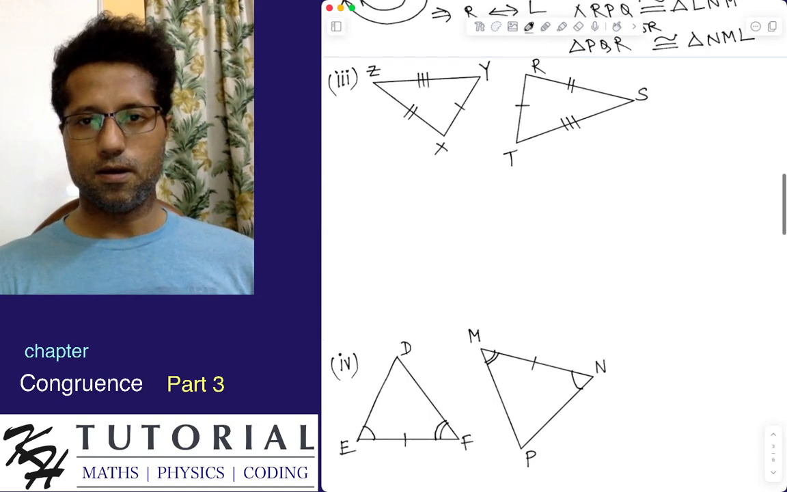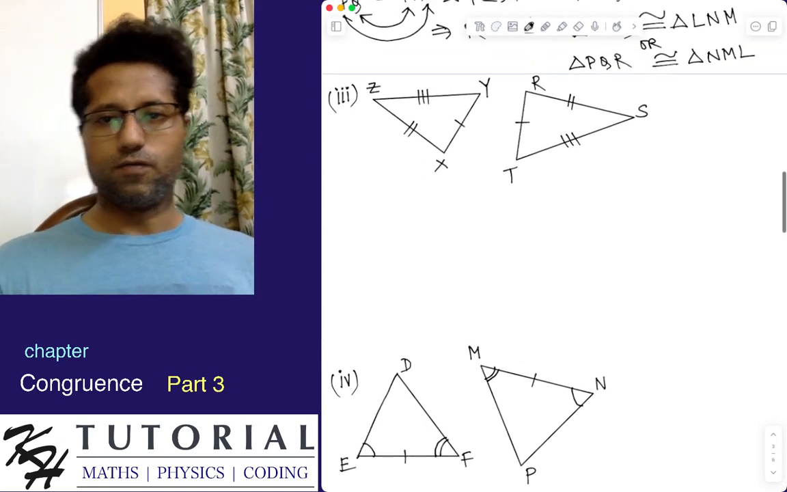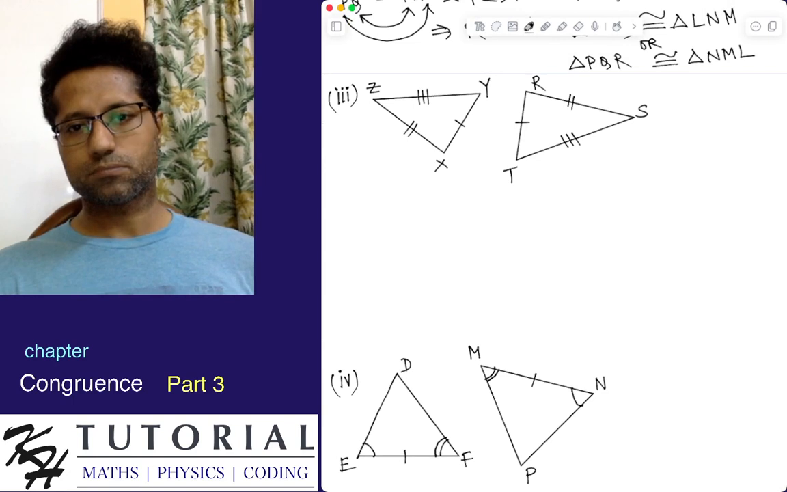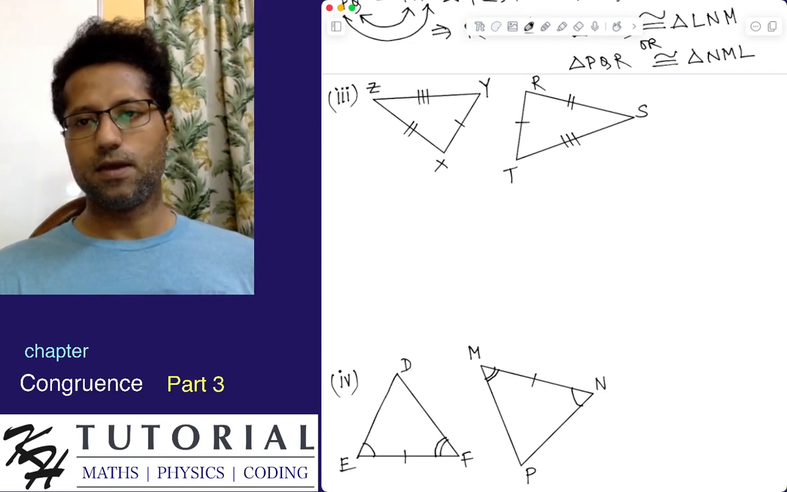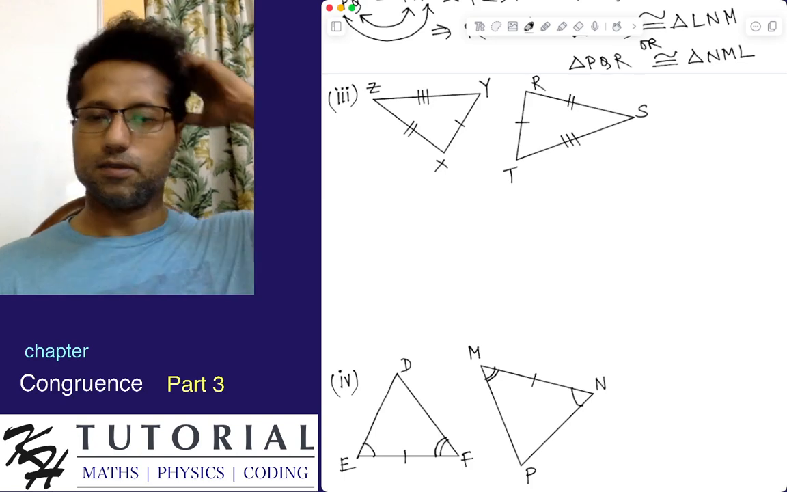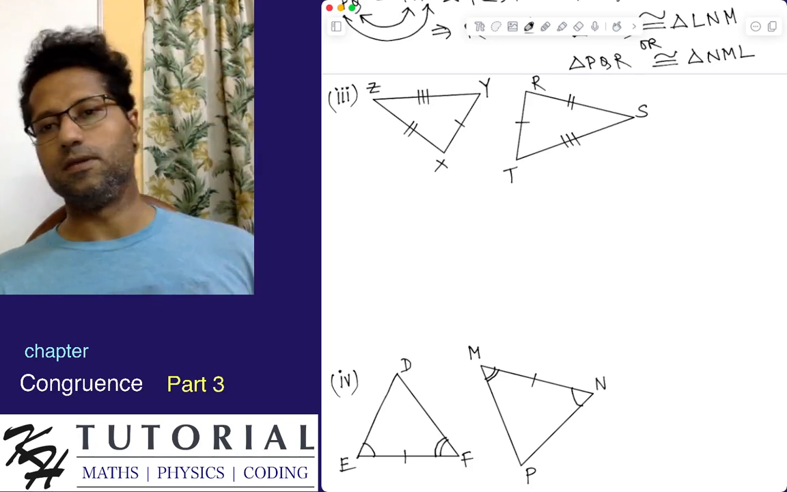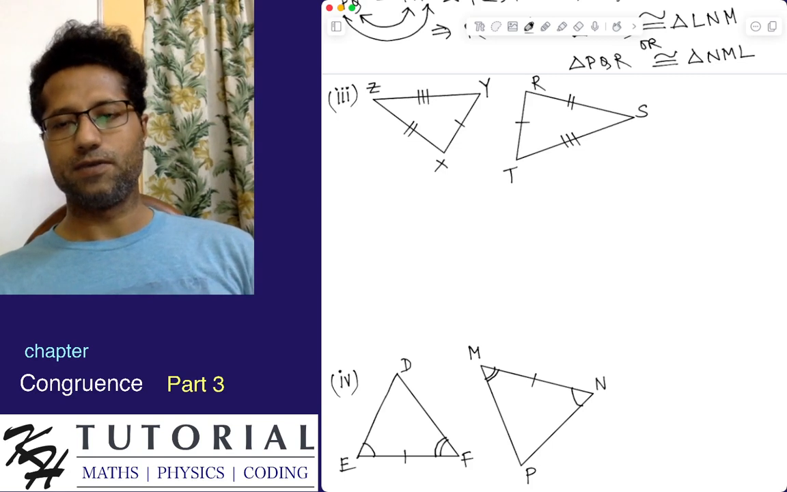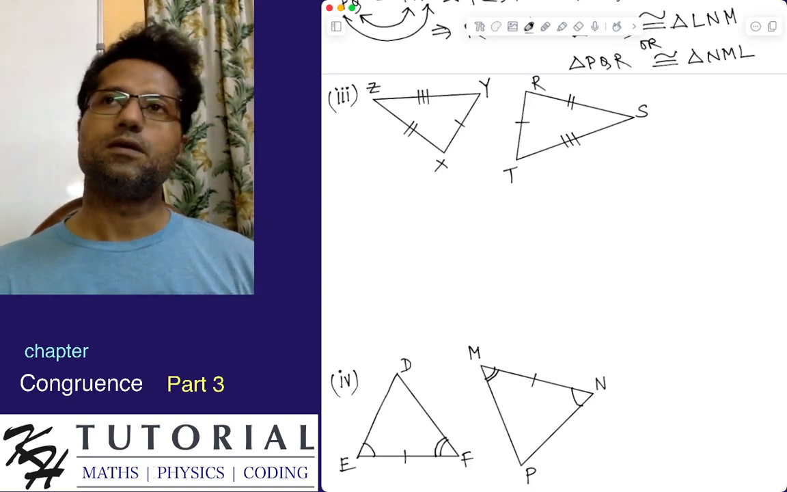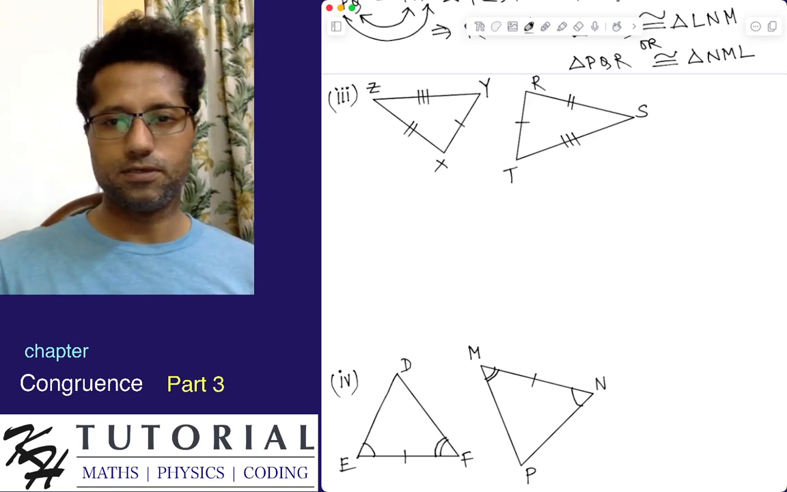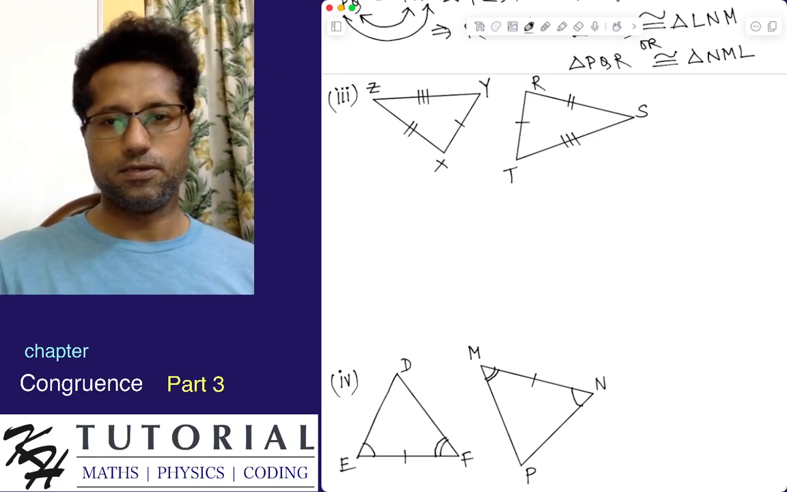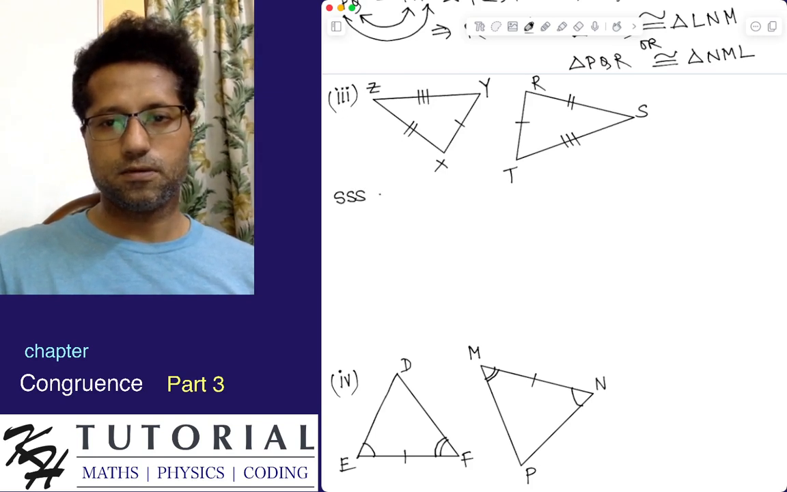Let's do part 3. Okay. So what do we have? We can see that we have two triangles, XYZ and RST, and the three pairs of matching parts are all sides. So clearly this is a case of SSS congruence